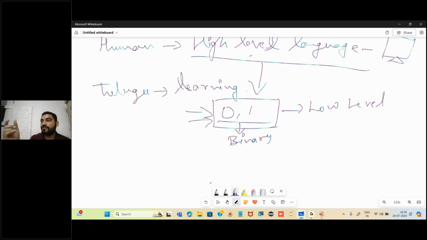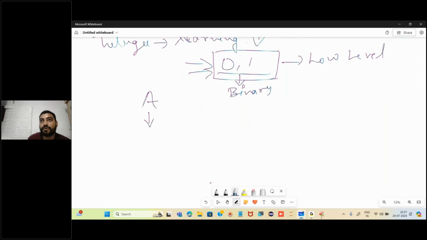Let me tell you one thing. If you take A, what is A? Alphabet. That we know. Does the system know? No. The system doesn't understand the human language. The system understands only 0 and 1. But behind this 0 and 1, we also have the scenario that makes this A into a decimal value. Now what is decimal value, what is octal, what is binary, what is hexadecimal, that is a different case. I will explain it to you in depth, but just for now, how it is getting converted.